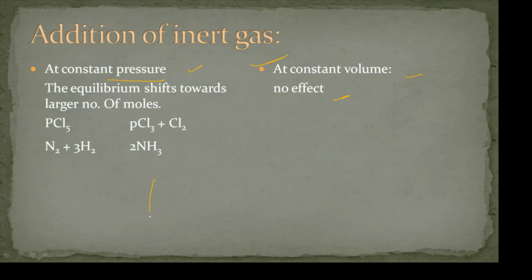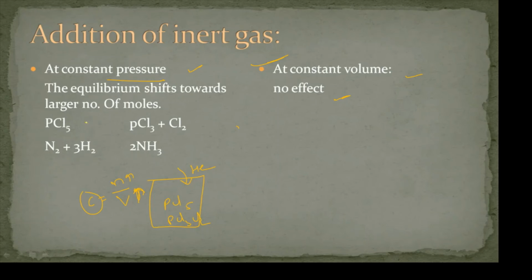Let us see now. There is a reaction mixture in a cylinder. Let me take PCl5, PCl3 and Cl2. The reaction proceeds in the cylinder, and after some time, I added inert gas like helium, neon, whatever. Now, by the addition of inert gas, what happens to the cylinder? Volume increases. If volume increases, in order to keep C constant, N also increases. The same funda. So if N increases, then only C remains constant.